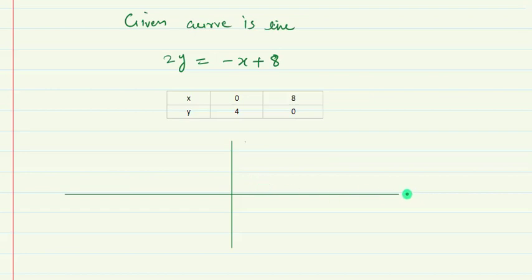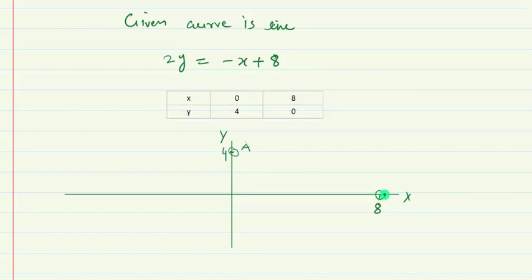Here I have drawn the x-axis and y-axis. As I have told you, we need to draw a sketch which need not be very perfect. So let me think that this is y = 4 and this is x = 8, the points which we need to plot on the coordinate axis. When x = 0, y = 4. So this is one of the points, we can name it as A. And when y = 0, x = 8. So this is the point having coordinates (8, 0).